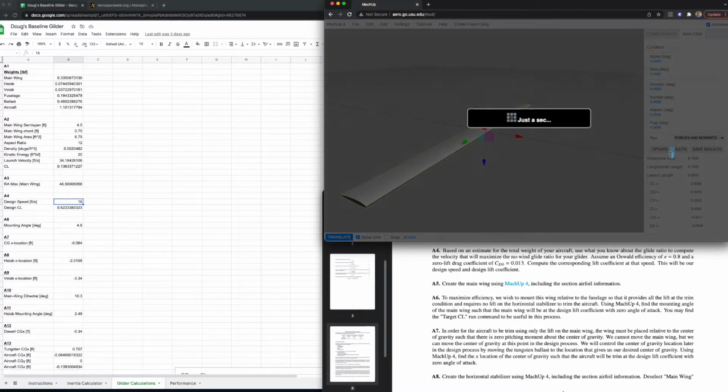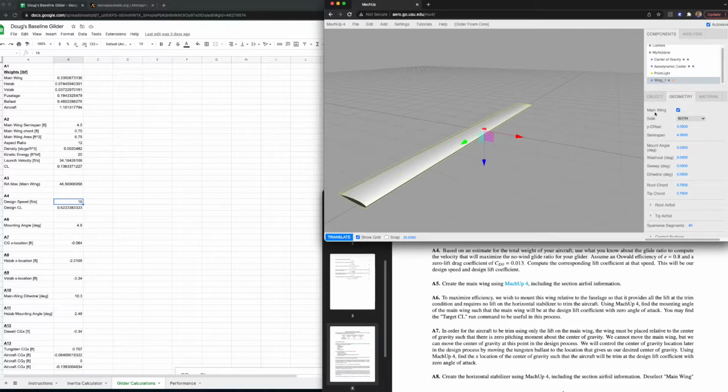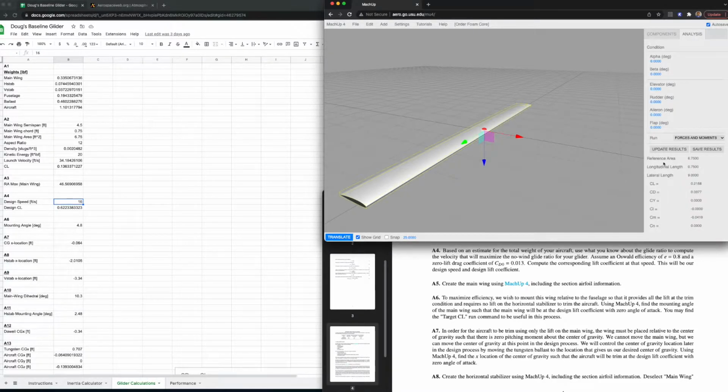I'm just going to click on update results, and it says you have a reference area of 6.75. So that's the area of the main wing that it's computed, and it knows what that is because we have this main wing checkbox selected here for wing 1. So it's adding up the area of that wing and using that as a reference area. From that, it's also computing the longitudinal length and the lateral length. These are just things for non-dimensionalizing these coefficients down here. And it says at 0 degrees angle of attack, we're going to produce a lift coefficient of